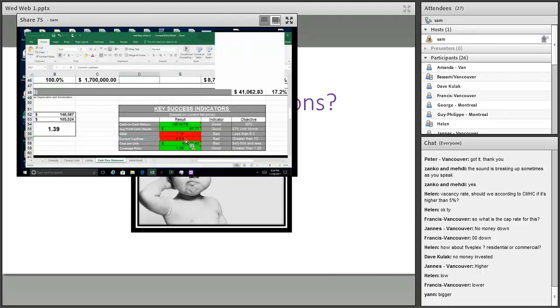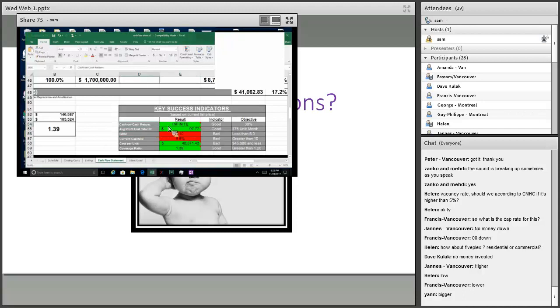Okay, current cap rate. It's 8.6. It says greater than 10 is what we're looking for as a cap rate. But this is what cap rate represents. Imagine we paid the property off. So a $100,000 property, we've completely paid it off. After we pay all our bills, what do we have left? Say in a $100,000 property, we have $10,000 left. 10,000 divided by the value of the property gives us our cap rate. In that case, that would be 10. Does that make sense to everybody? So it's basically return on investment before financing.